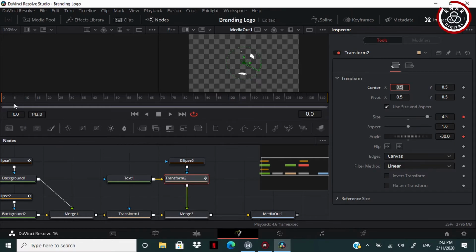Now bring your cursor to frame 30 and change the size back to 1 and angle back to 0. Move one frame forward so that the keyframes get locked. Now if we play this, animation happens. Now let's go to the edit page